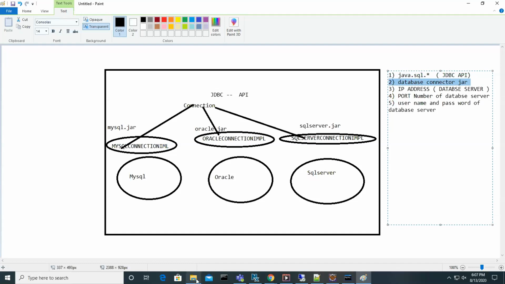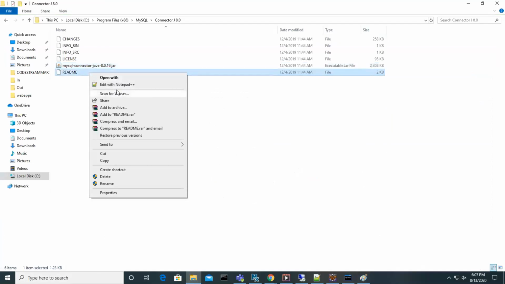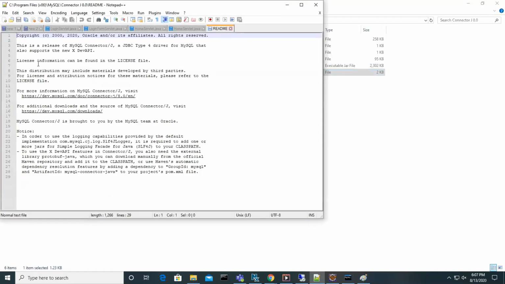So you can go directly and you can see that. And also they have given a document. Look at this README document. Then you can get more details in these links also. They already gave the link, and you can download it. If you don't have anything, you can click on this link and download it.